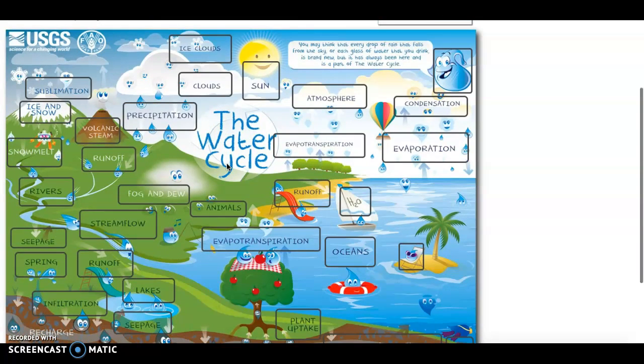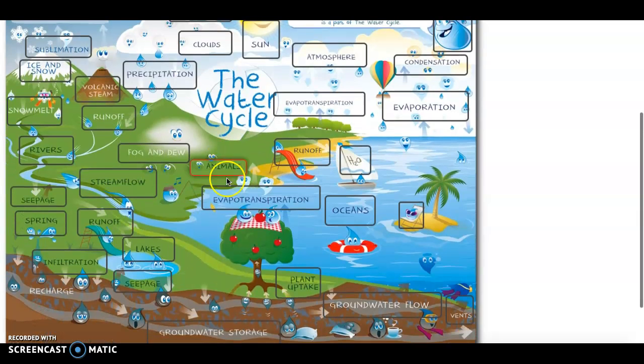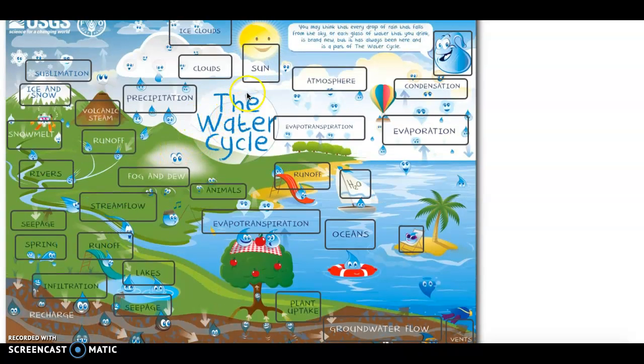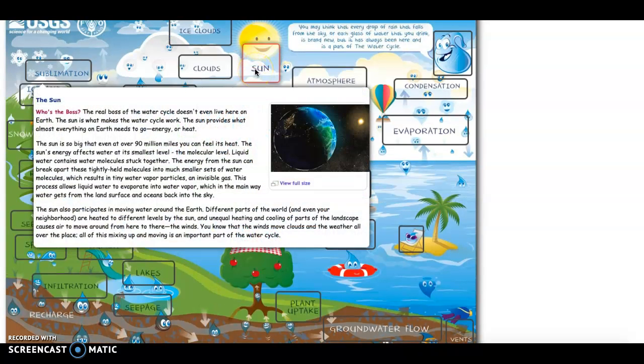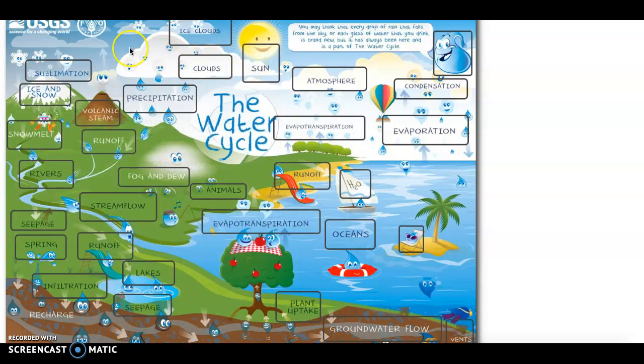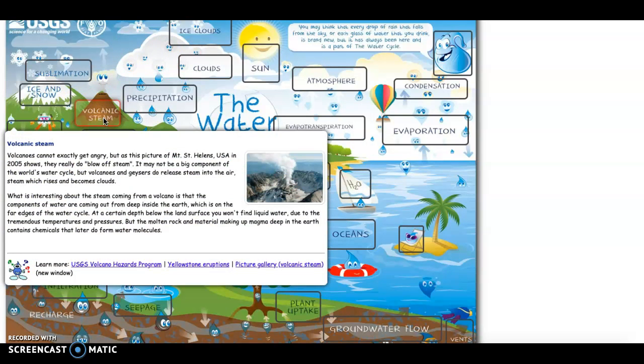credible. So when we look at this interactive diagram, we can see that a lot of things are labeled, different plants and animals and all these little raindrops that are doing different things. We can see that there are labels. So when we hover over these labels, then there's a drop down or sometimes it's up of more information about that specific label. So I would like you guys to go and explore in this interactive diagram because a lot